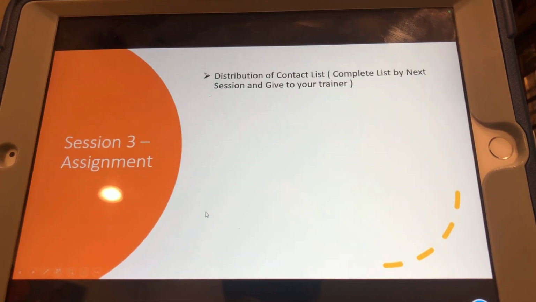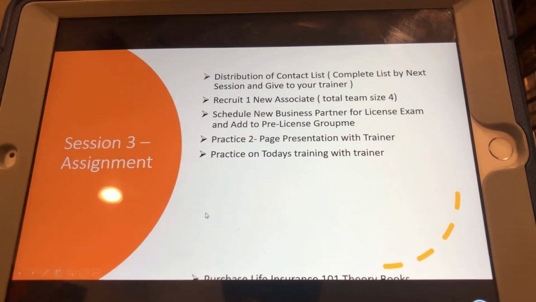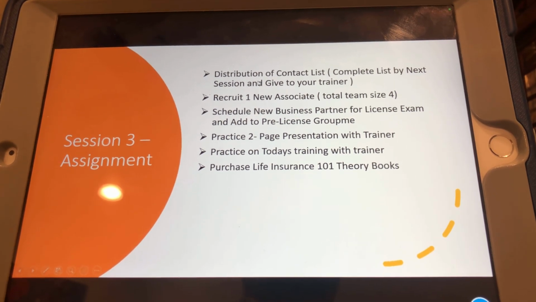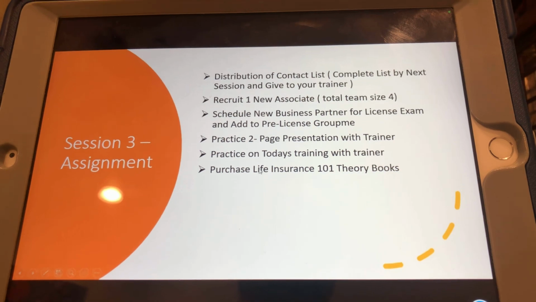So a little bit of homework. Hey, we got to build you a team. Kind of went over the same stuff last time. All right. What I'll do too next week, for some of you who don't know how to do it, is show what to do exactly to take a person